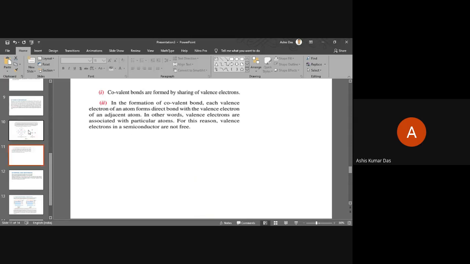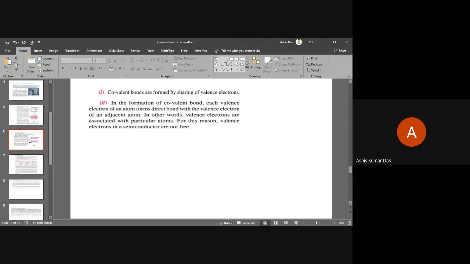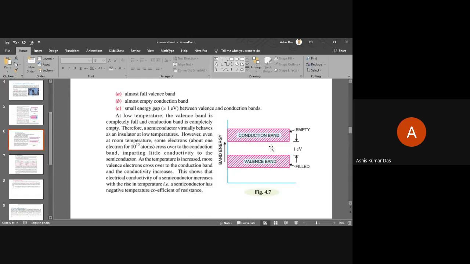So as I have told you earlier, whatever electrons are there in the valence band are not free; they are fixed in this band. Somehow they get free when we get some thermal agitation at room temperature, or if we are applying some electrical field. The electrons get free, and they can easily jump from the valence band to the conduction band.